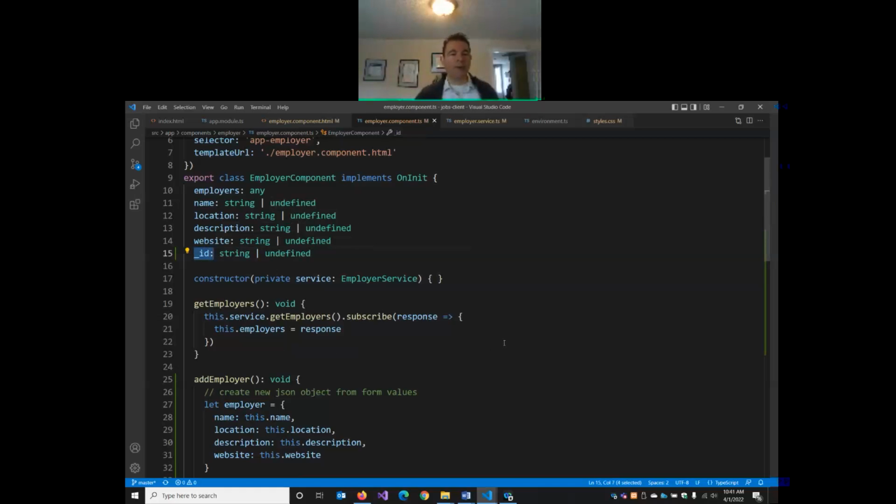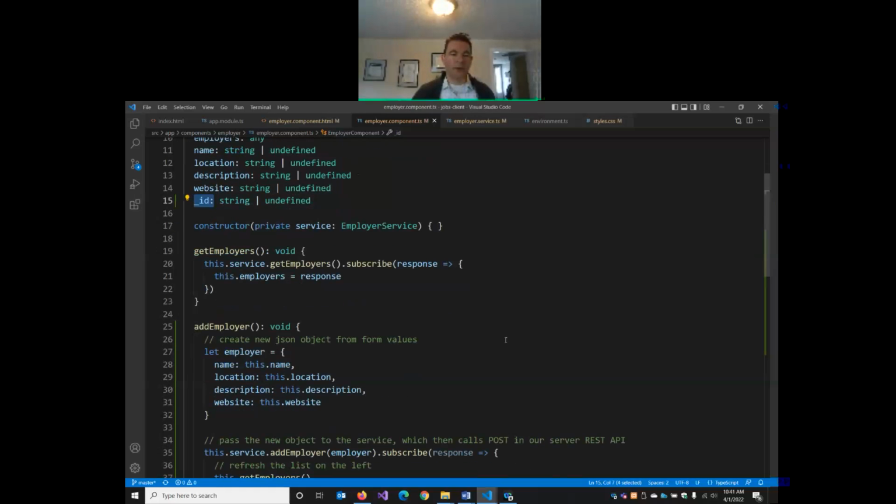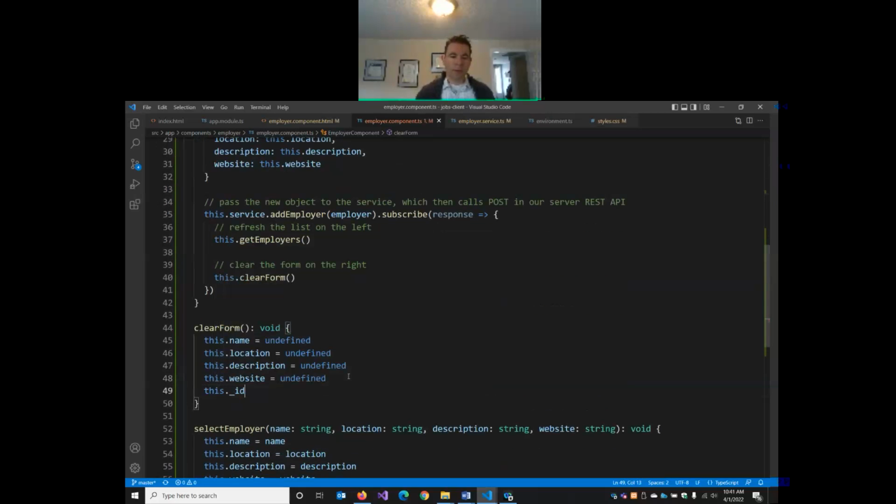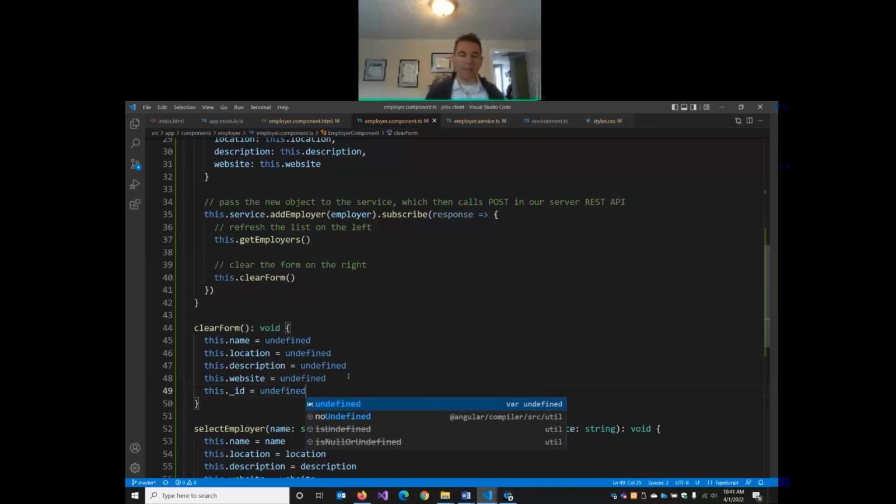Let's do our form reset first, and then we can also play around with our add and update buttons. So we'll define an underscore ID property as a string. When we're clearing the form, we also want to clear out that ID. And now we can deal with our buttons, showing or hiding, and also enabling a reset button or a clear button